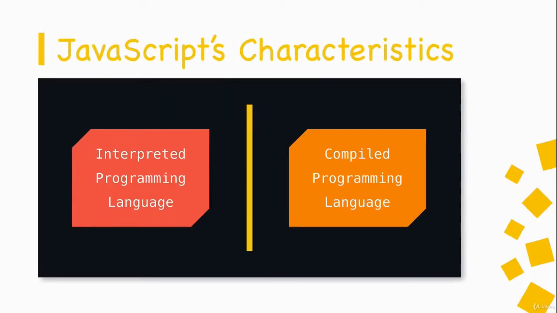This is in contrast to compiled programming languages. With compiled programming languages, the code must first be compiled or converted into a somewhat different language before it can actually be executed. A good example of a compiled programming language would be Java. Now Java code isn't usually executed directly, but instead is first compiled into another language called bytecode, and this bytecode